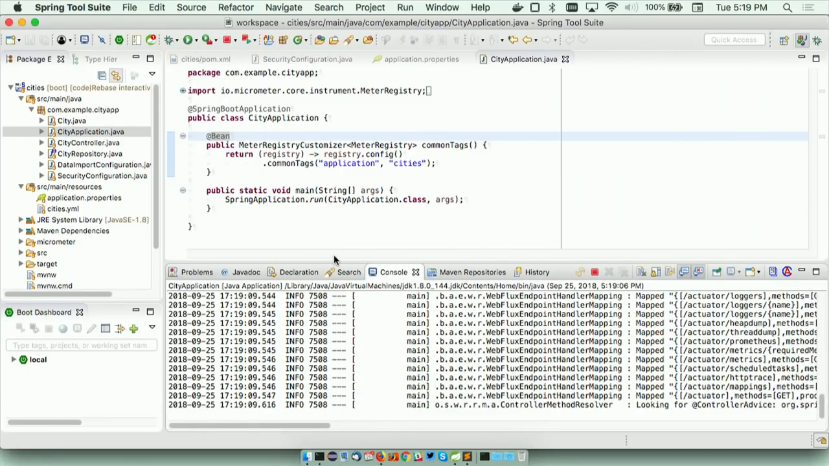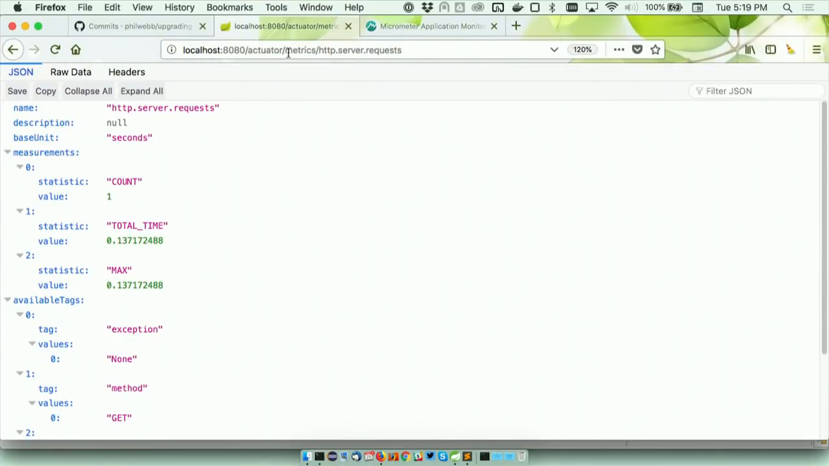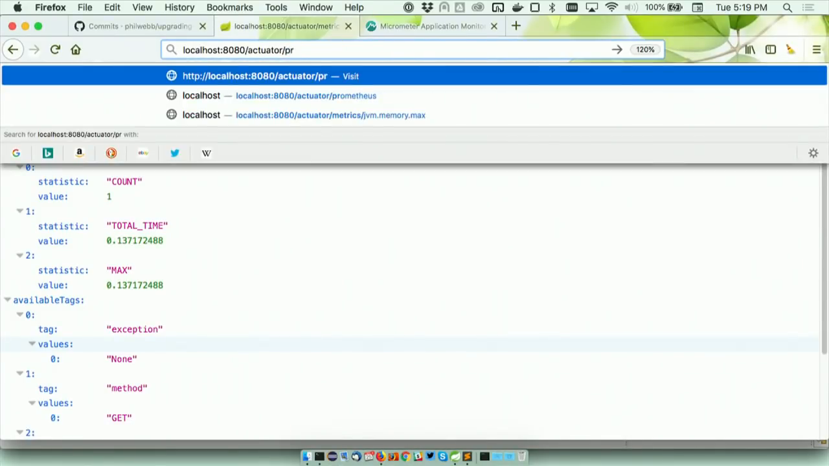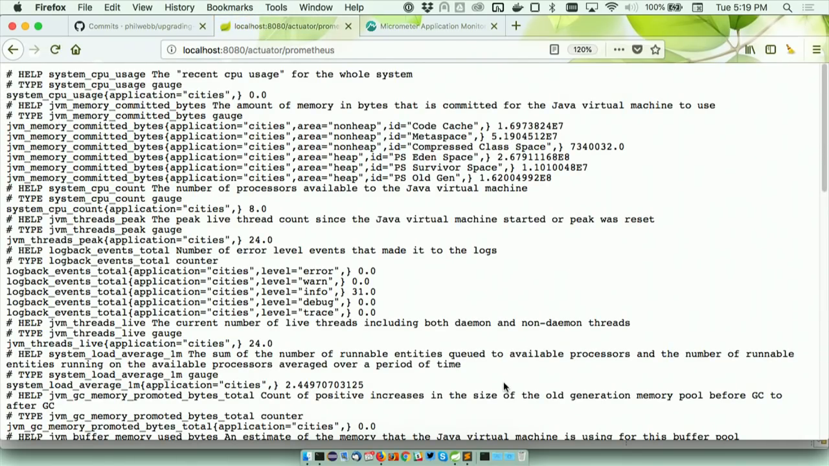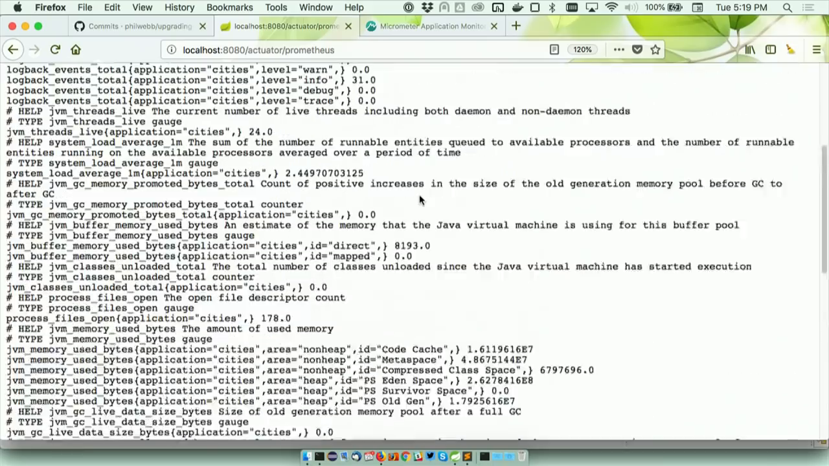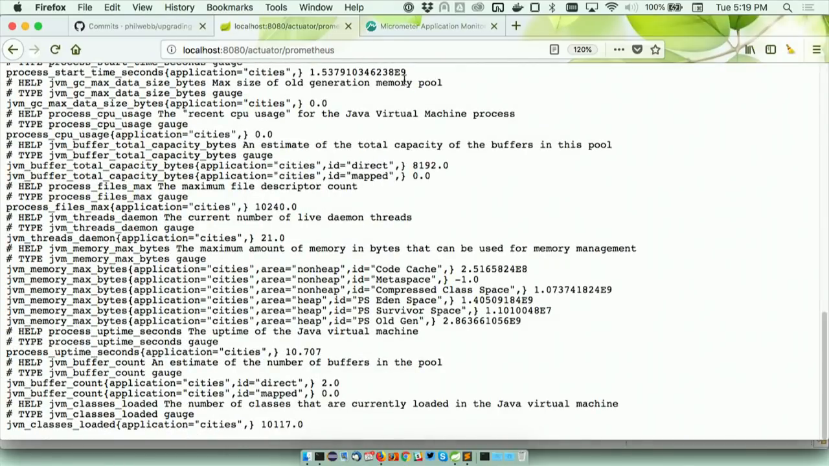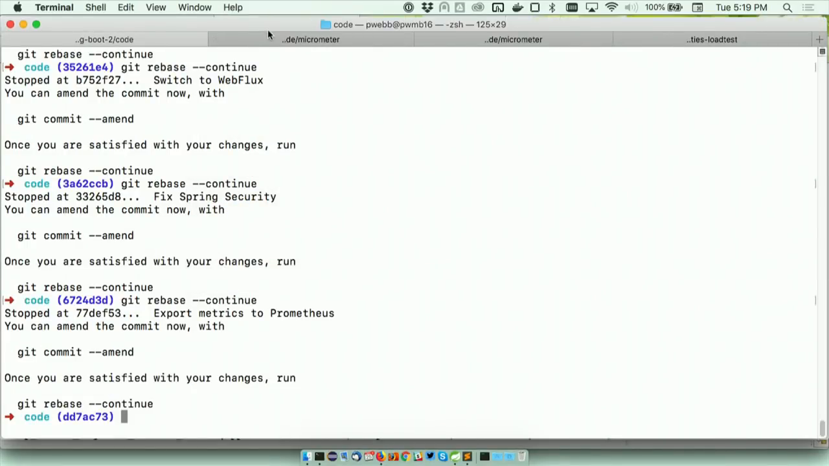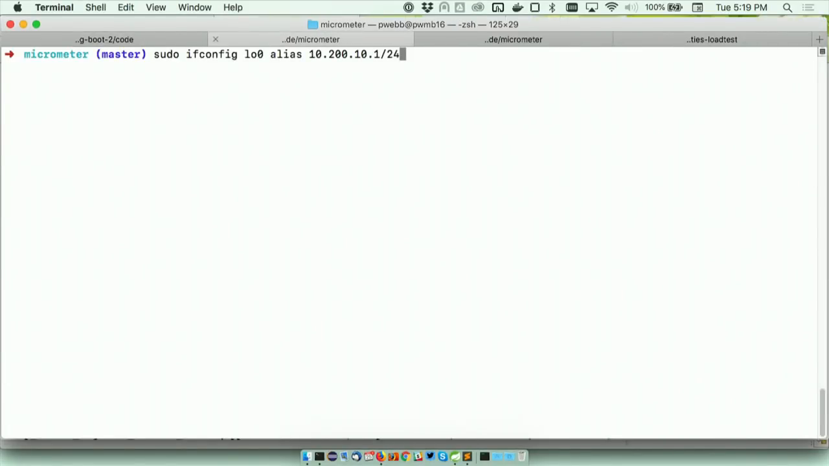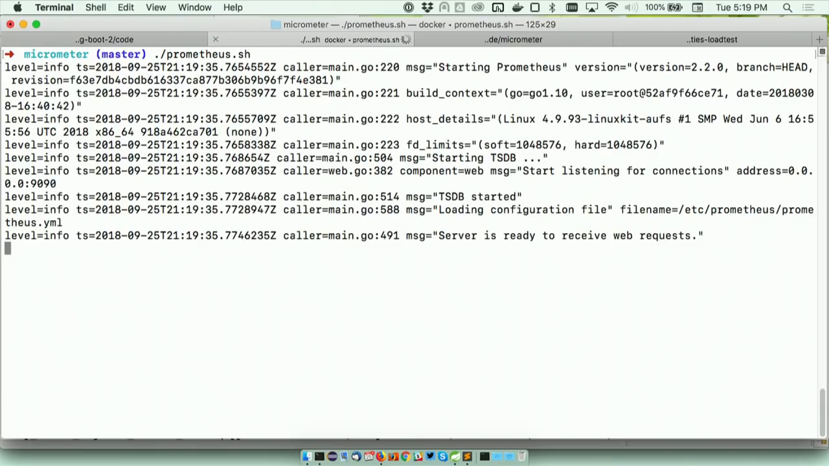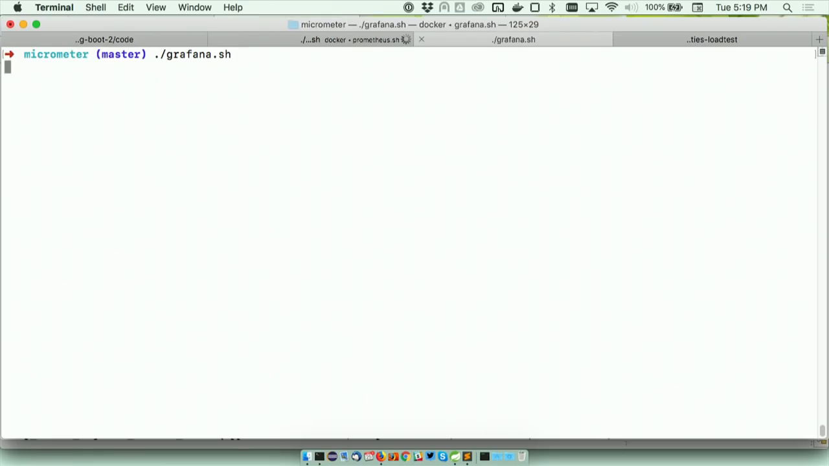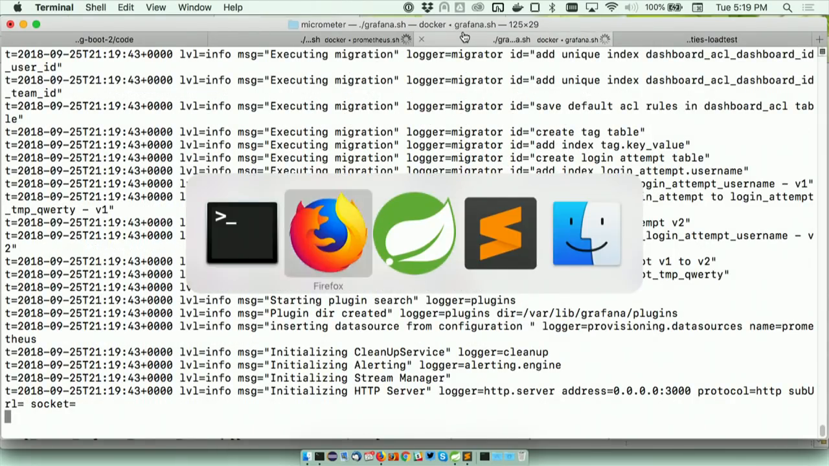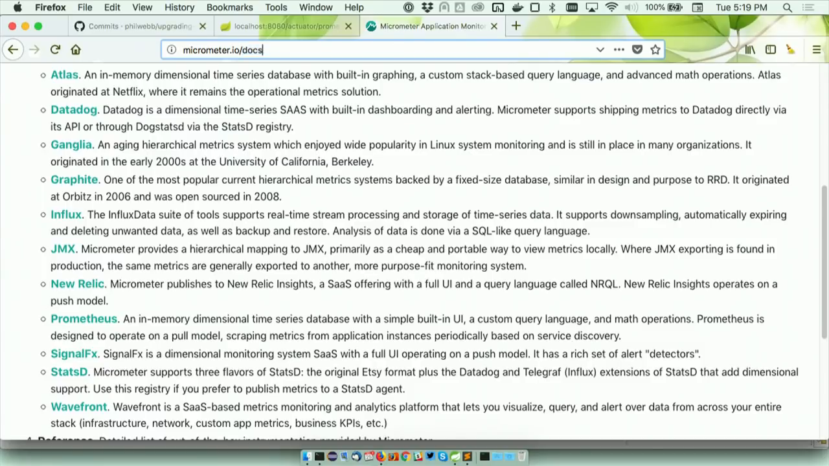So if I run this app again, I should be able to now hit an endpoint called prometheus. So this is Micrometer providing data that Prometheus needs. And if I refresh this, you'll see values change. And then to make it even more interesting, I can start Prometheus, and I've got some scripts in this repo to help you out if you want to play with this. This will start Prometheus. This one will start Grafana. And hopefully I can hit localhost